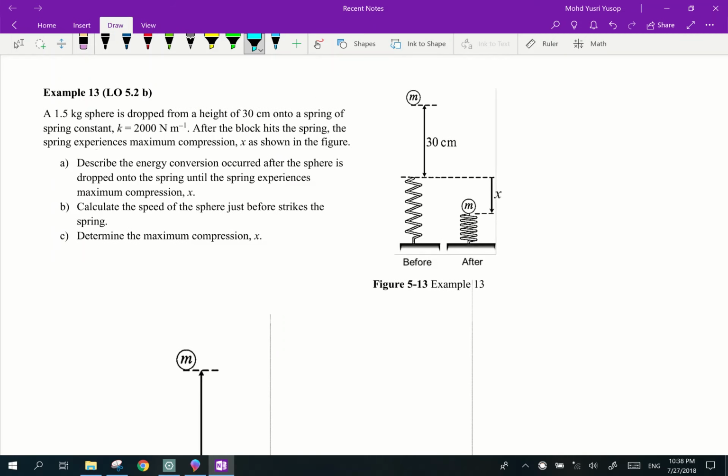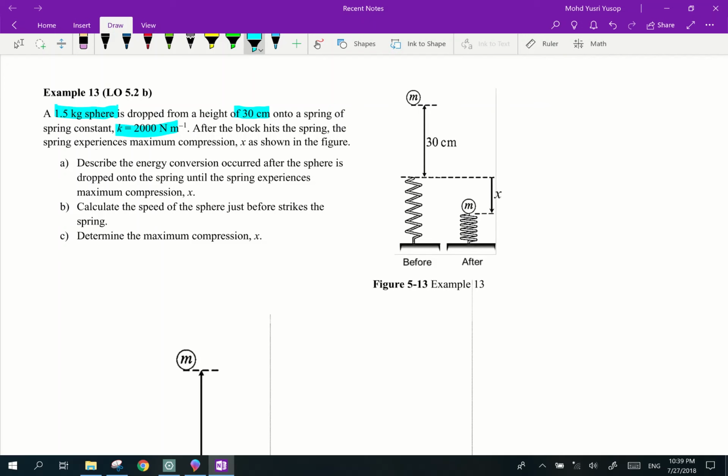So, a 1.5 kg sphere is dropped from a height of 30 cm onto a spring of spring constant K 2000 Newton per meter. So, the height is 30 cm from the spring. After the block hits the spring, it experiences maximum compression X as shown in figure 5.13. Question A, describe the energy conversion that occurred after the sphere is dropped onto the spring until the spring experiences maximum